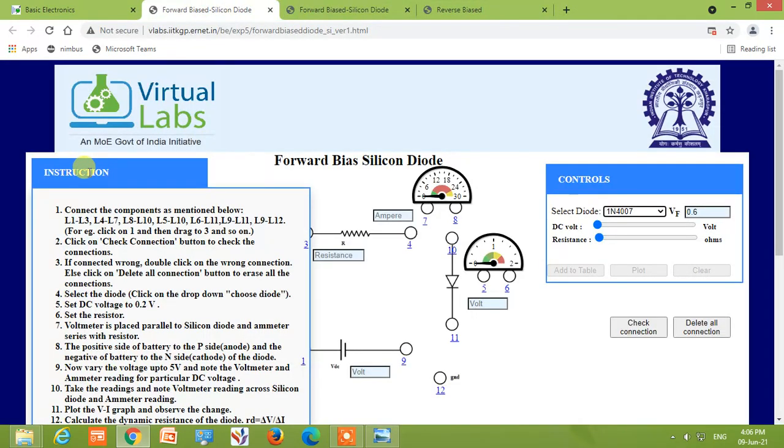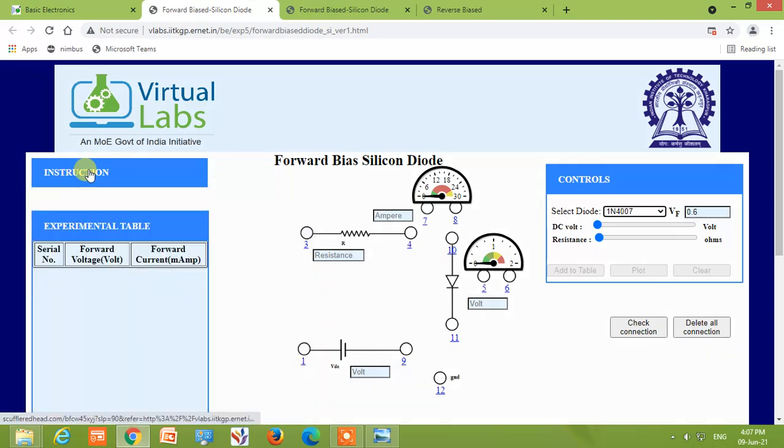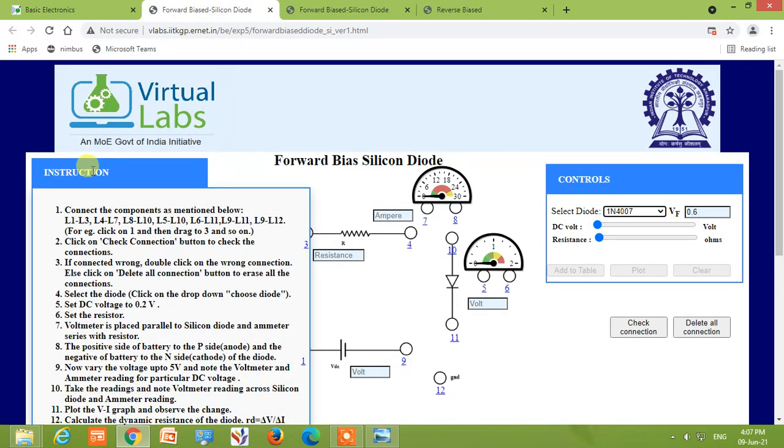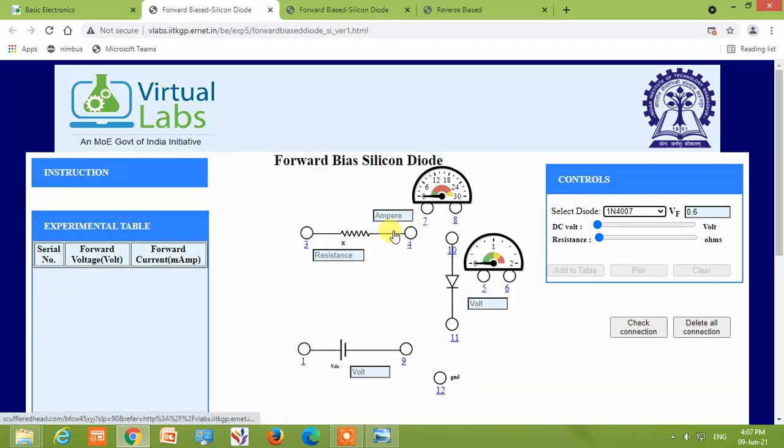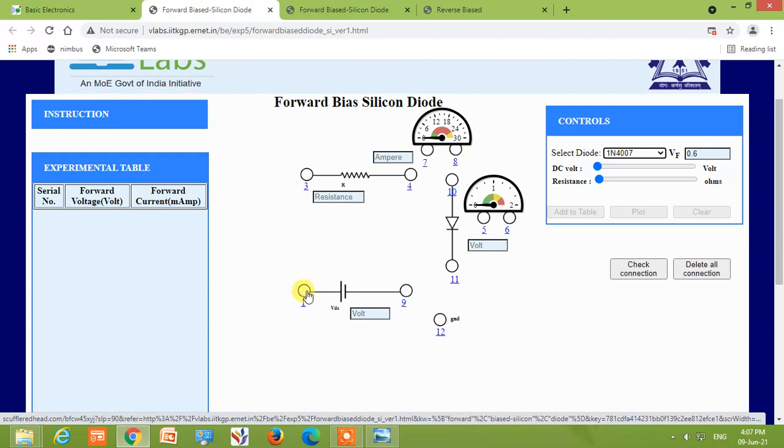See, so here they have given the instructions how to connect the points. So you have to just take a screenshot of this point, and now I will do it for you. Connect this point number 1, that is the positive terminal of battery, to point number 3.